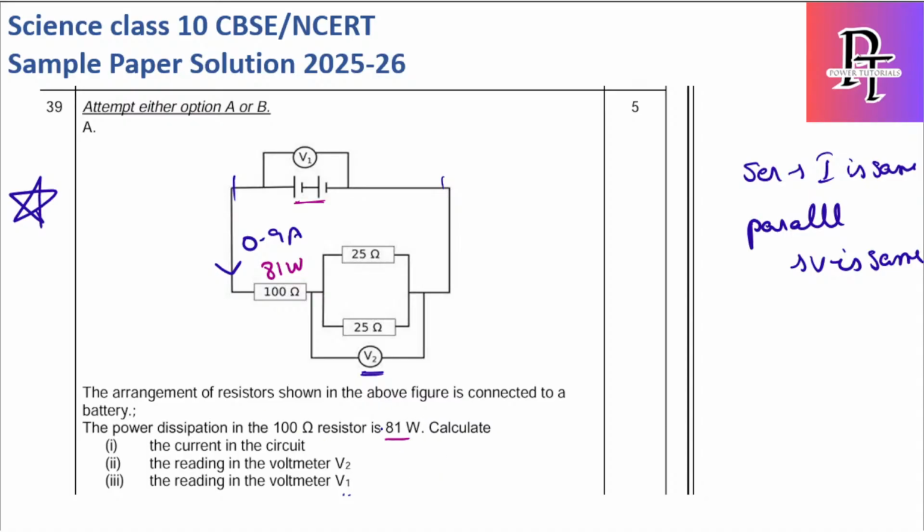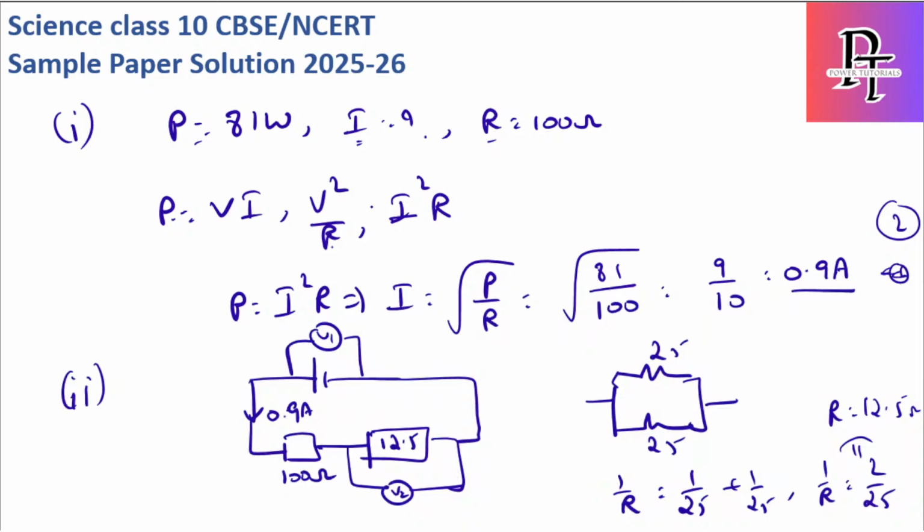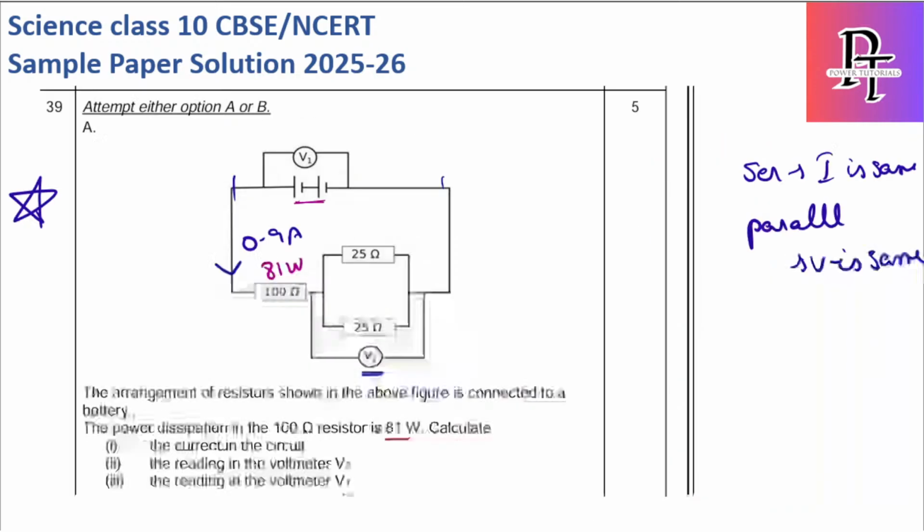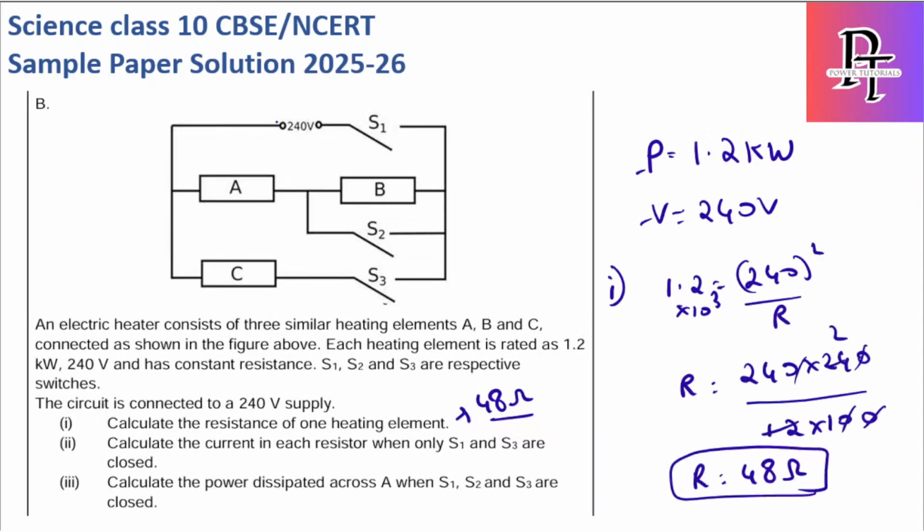As I mentioned, the power rating for this question, the 100 ohms is 81 watts, and the resistor is 100 ohms. So for the power formula we have a total of three, which are VI, V square by R, and I square R. Based upon our requirement, we have to decide which formula to use. So here we have the resistor value and we have the power value, and we need to find current. So that's the reason for this we have to use